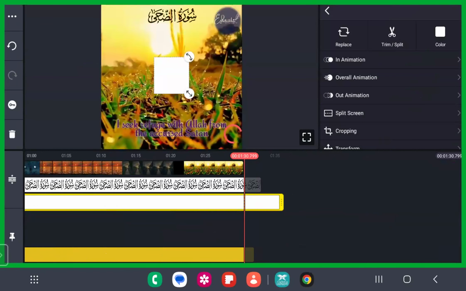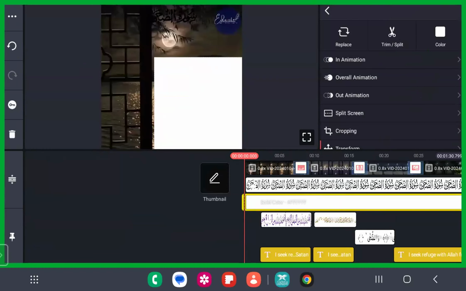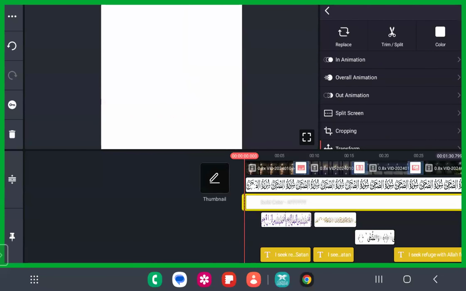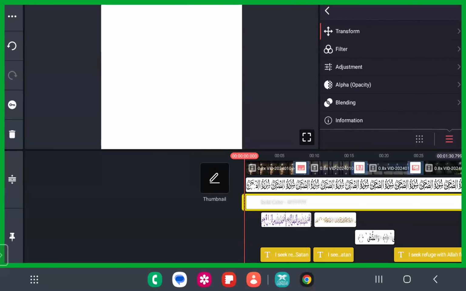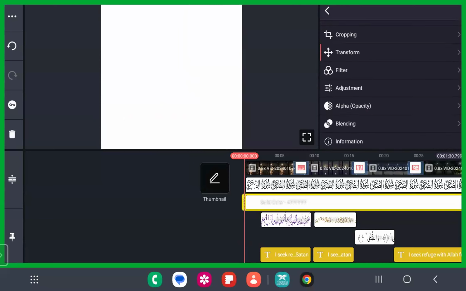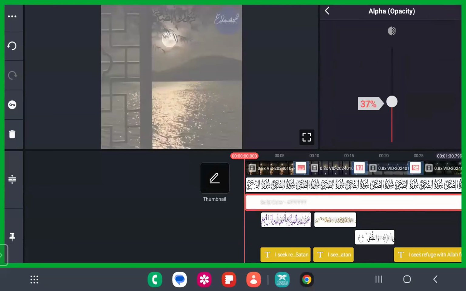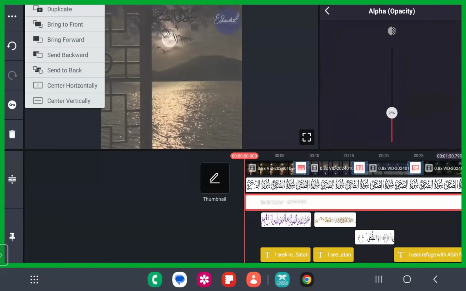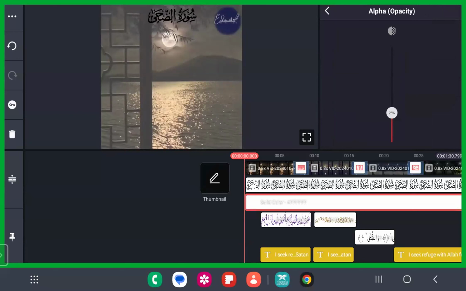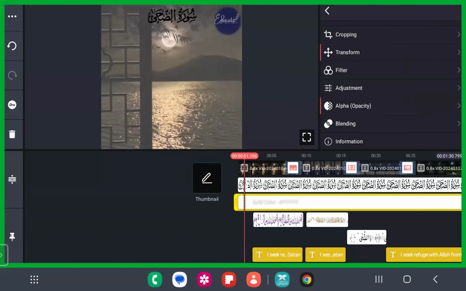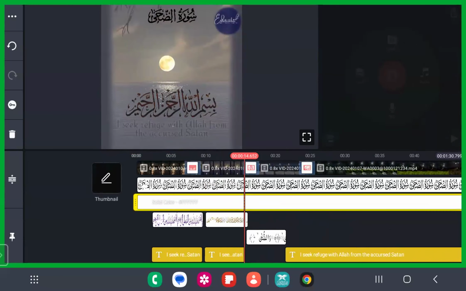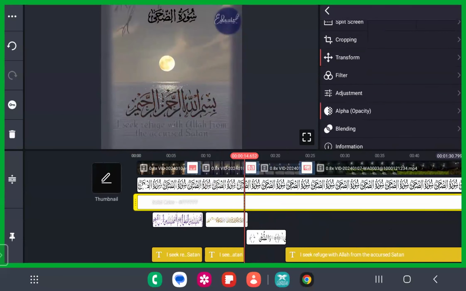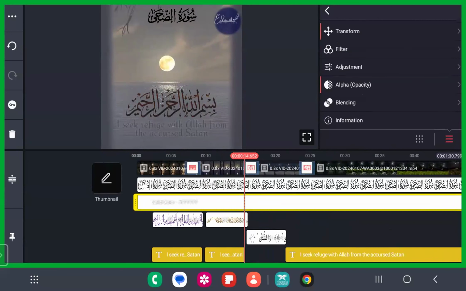Then you zoom it up throughout the screen. These training sessions will take more time than the regular classes. Dear sisters and brothers, I want you to attend most of these classes so that it will be beneficial for you in the future. Decrease the opacity and send it to the back. This is how you add a mask to this. If you want, you can increase the opacity. You can do wonders with this, inshallah. It's basically your creativity that is put into the picture here.